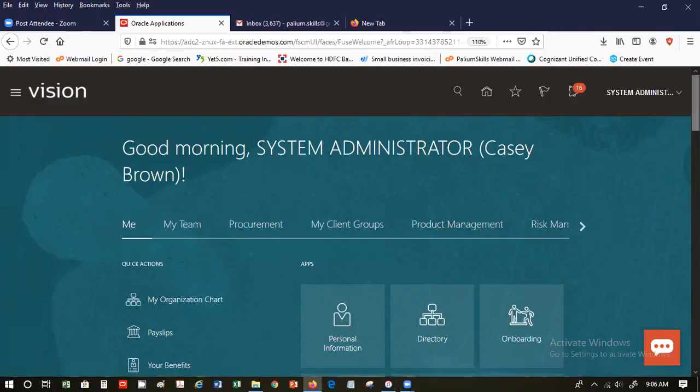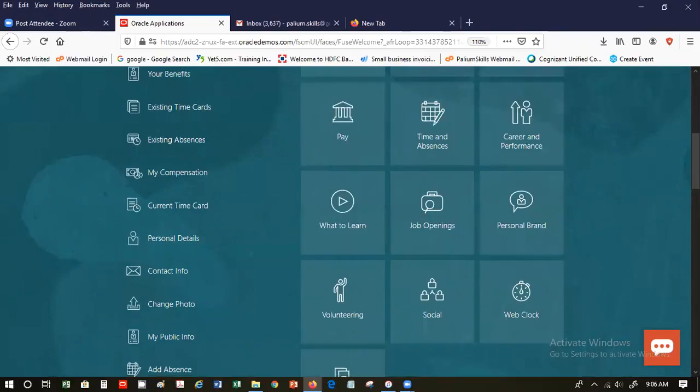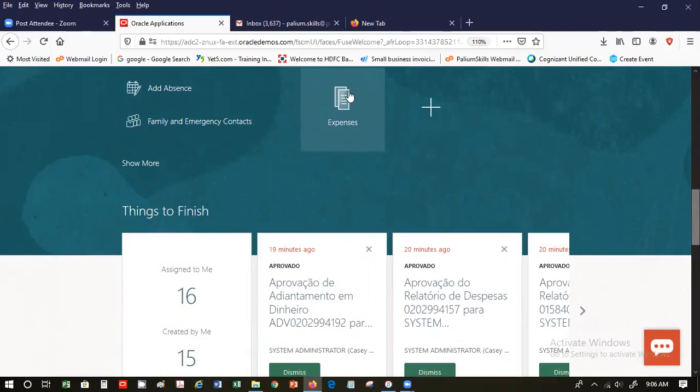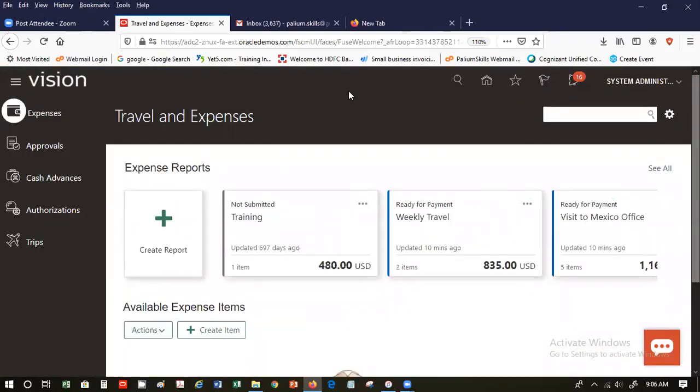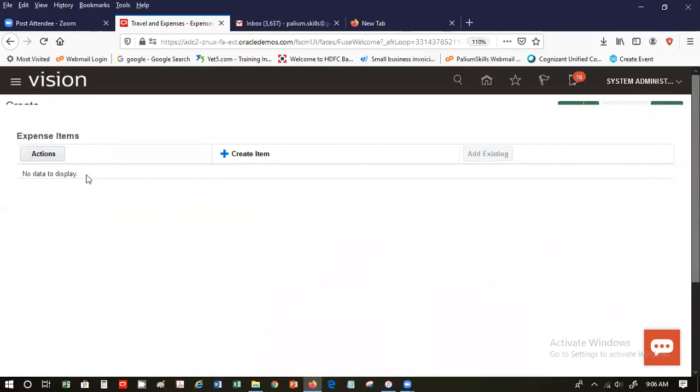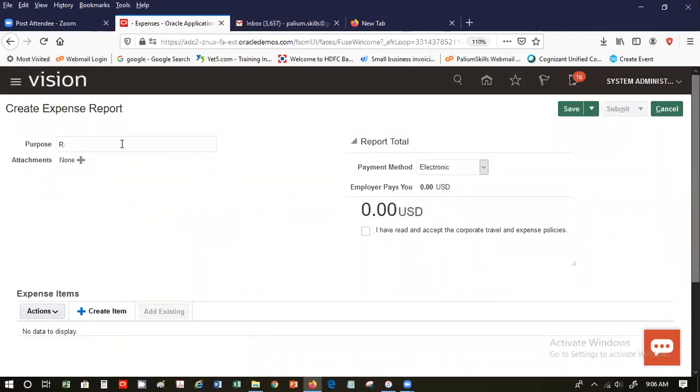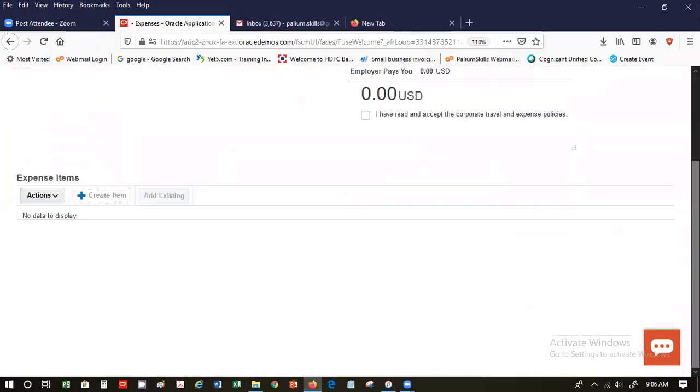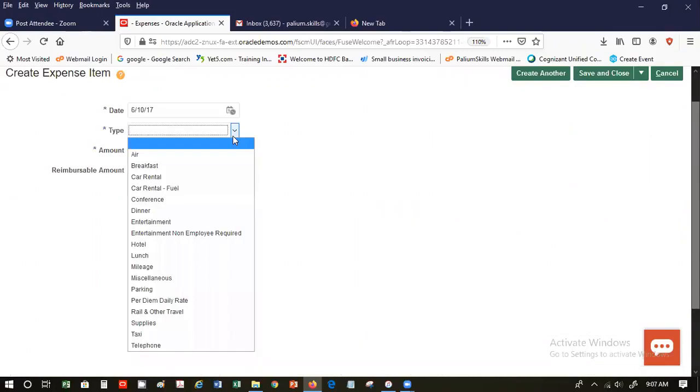If I now go to expenses, and I create a report, these purposes that you have here under create item should be predefined here. Okay, so let's say there is supplies here